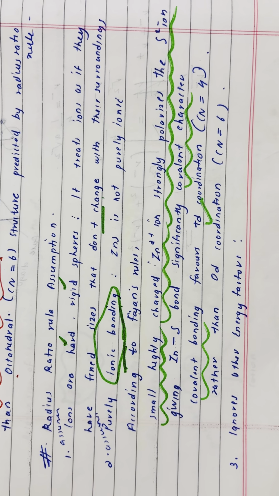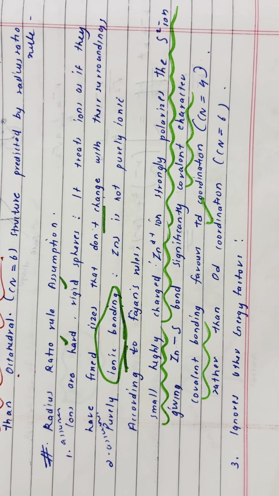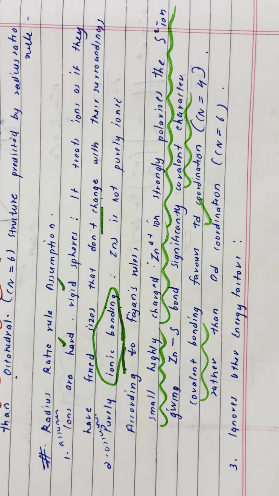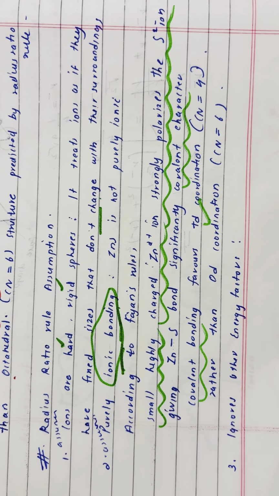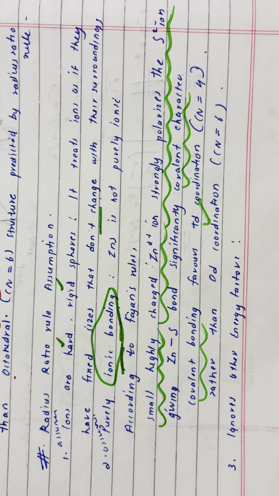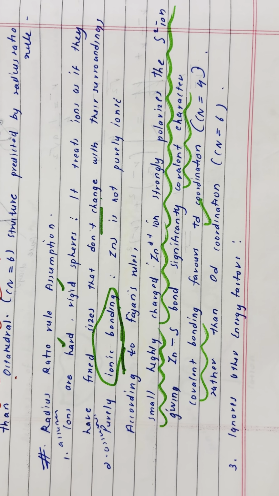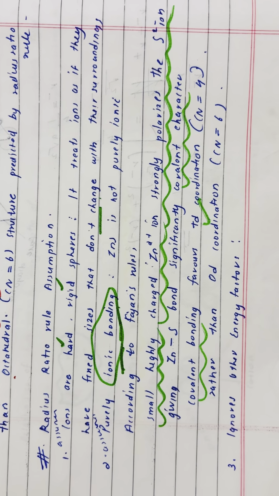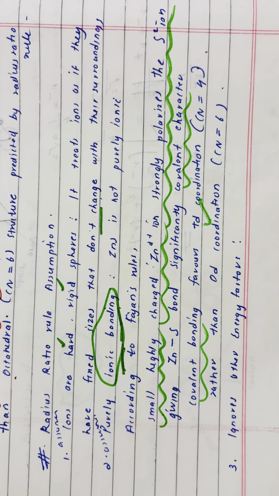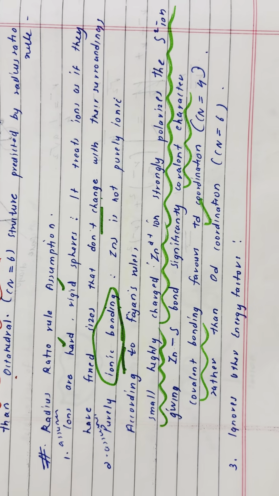So the ZnS bond in zinc blende is highly covalent because of Fajans' rule. This gives the zinc sulfide bond a strong covalent character. This covalent bonding, of course, favors tetrahedral coordination rather than